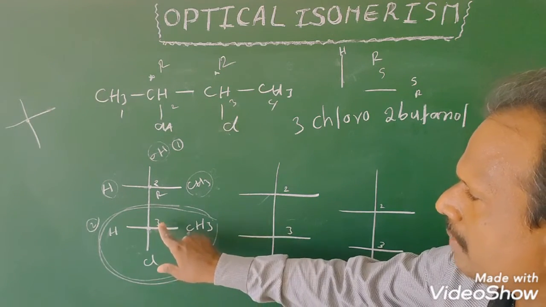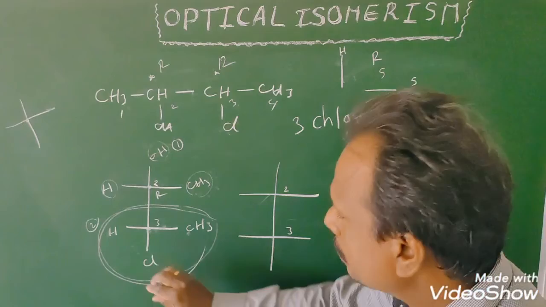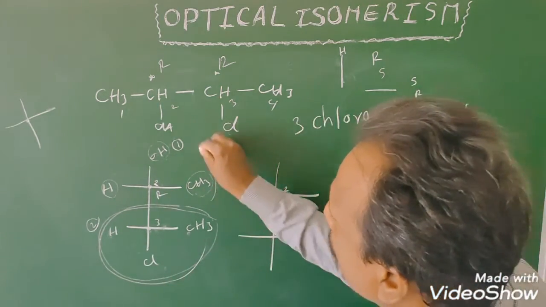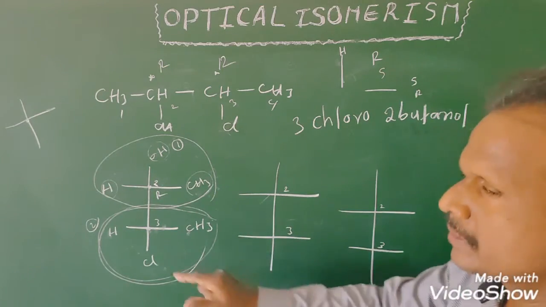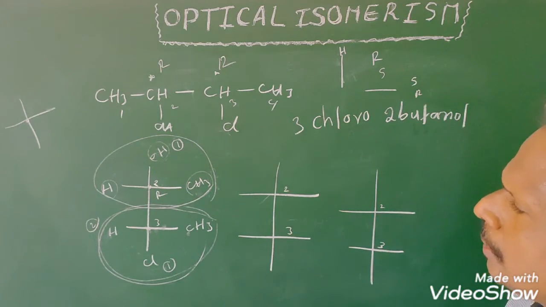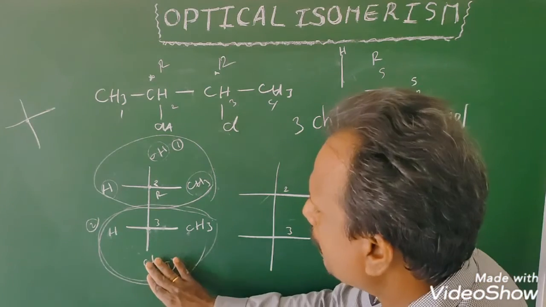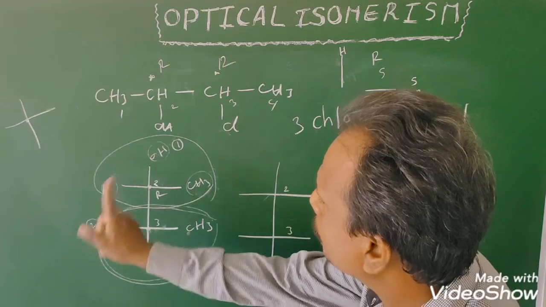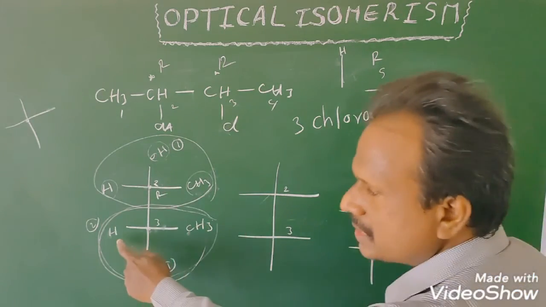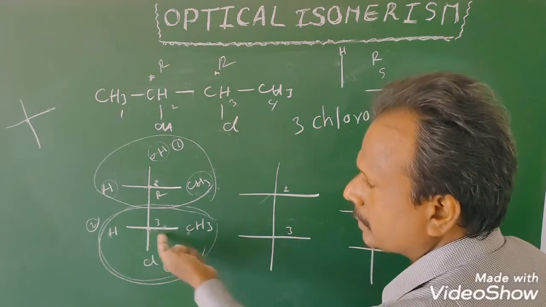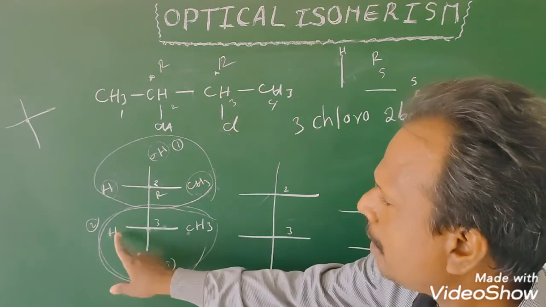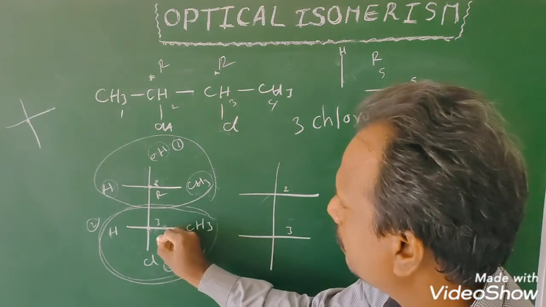To label the chirality of the third carbon, what is its chirality? 4 groups. Cl is one group. H, methyl. Another group is this. So the first number is given to Cl, the atom with more atomic number. Next priority to this group. 1, 2, 3. They are in clockwise. H is in horizontal. So for clockwise in horizontal, chirality is S.